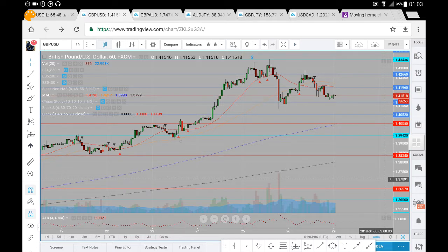So if we look over here to the left of the chart, we found support around 139.42, after which we pretty much tested the 140.05 level, had a brief pullback before we had a strong continuation. Prices here on the pound dollar went on a very strong run, and we traded as high as